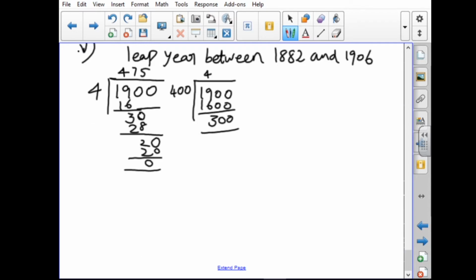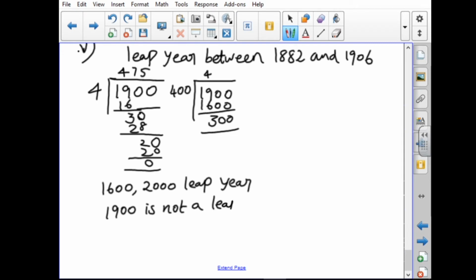So a century year, if it is divisible by 400, then only it will be a leap year. For example, 1600, I mean the 16th century or the 20th century, like this is also a leap year. So this 19th century is not a leap year. Okay, so the remaining years we have to find.